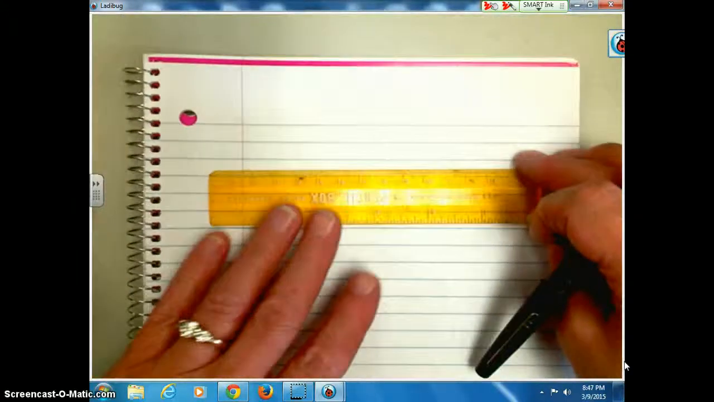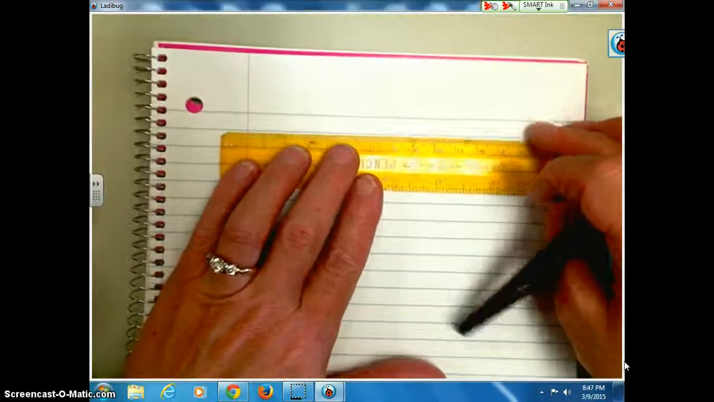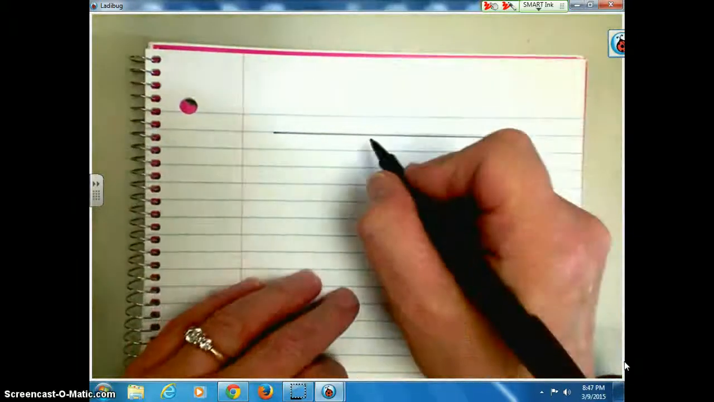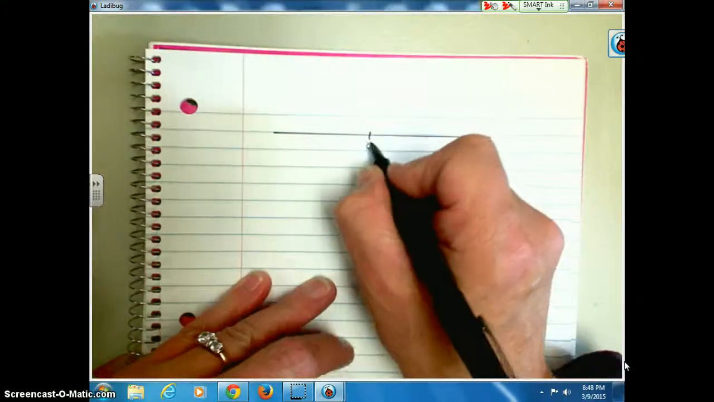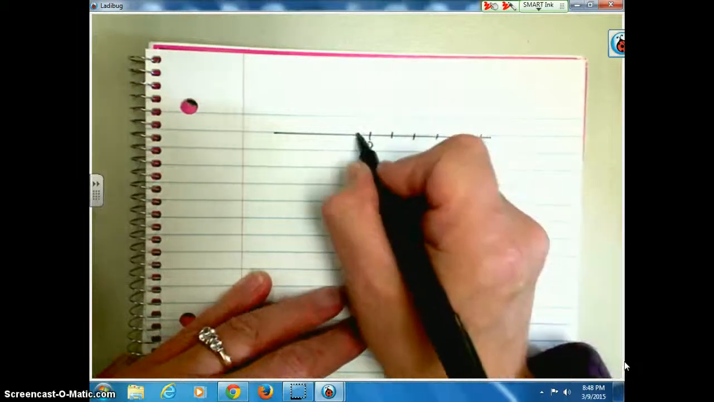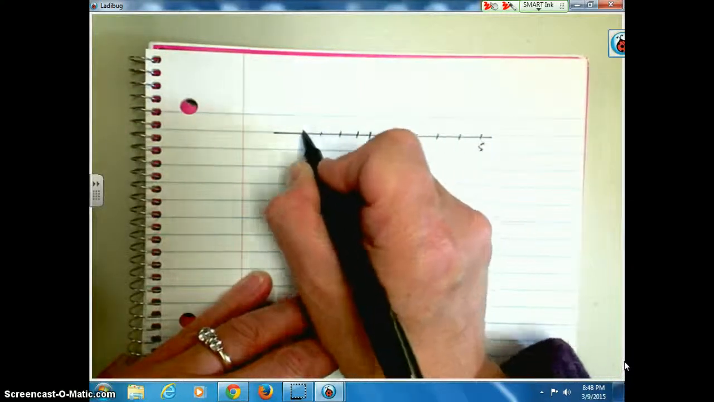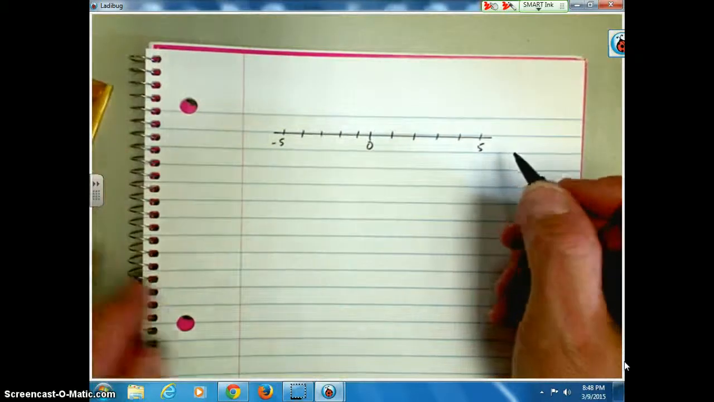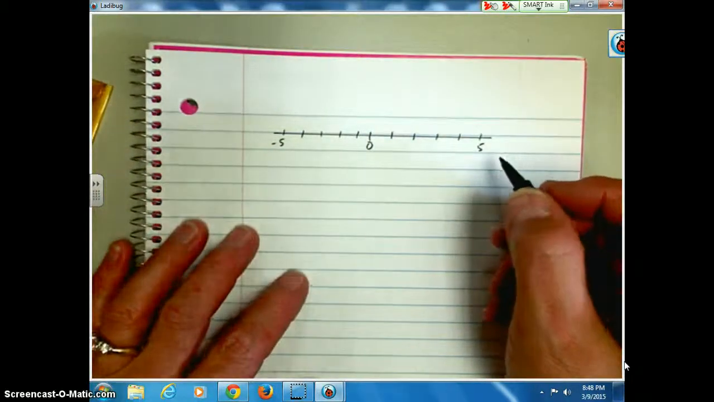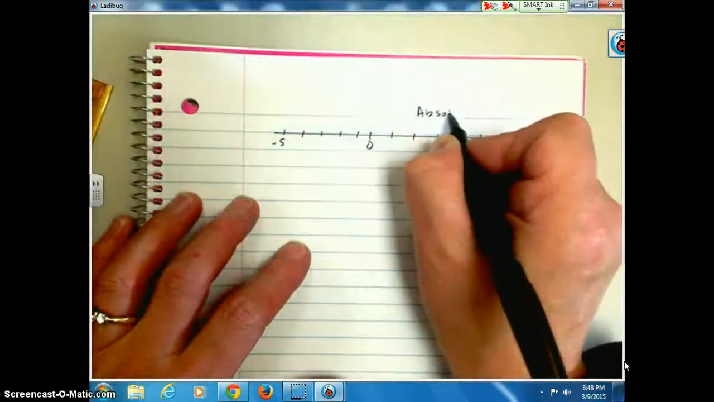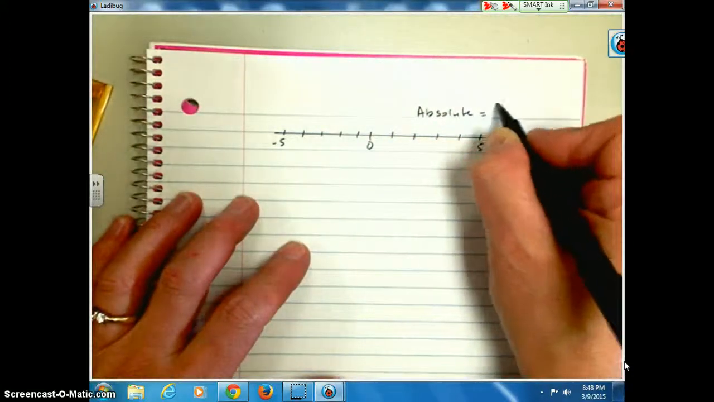Let's say that in our lesson yesterday we learned what absolute value meant. So let's say we have our number line, and we have 0, and we have 1, 2, 3, 4, let's say 5. And then negative 2, 3, 4, 5, and negative 5. And so we can say that absolute value is equal to the distance